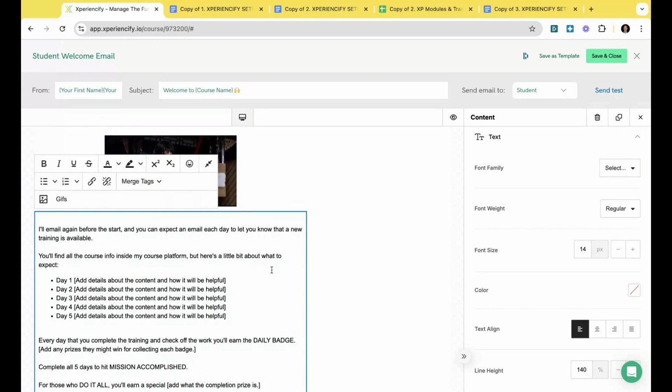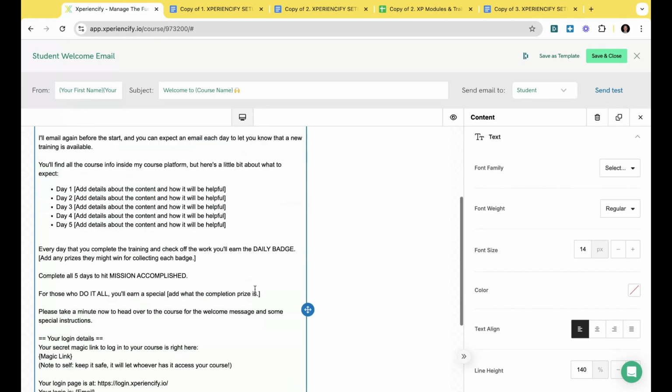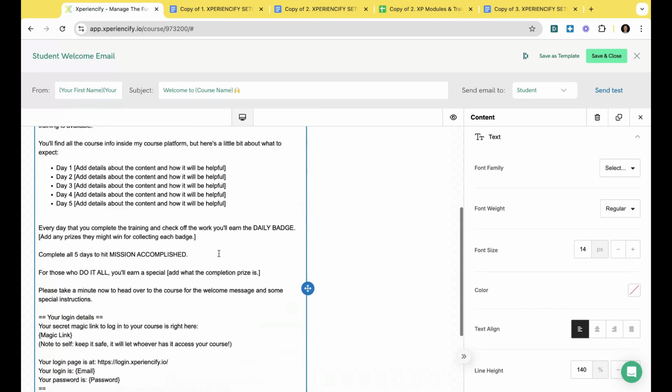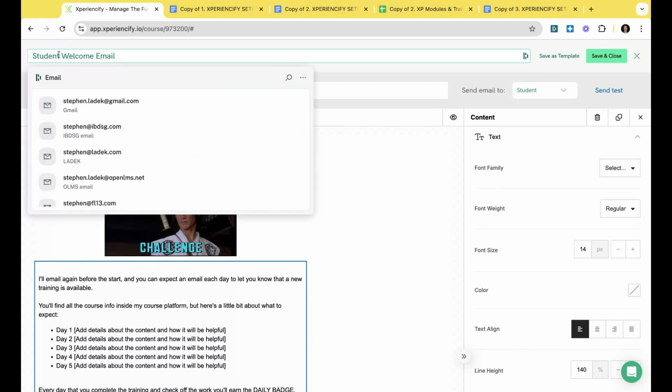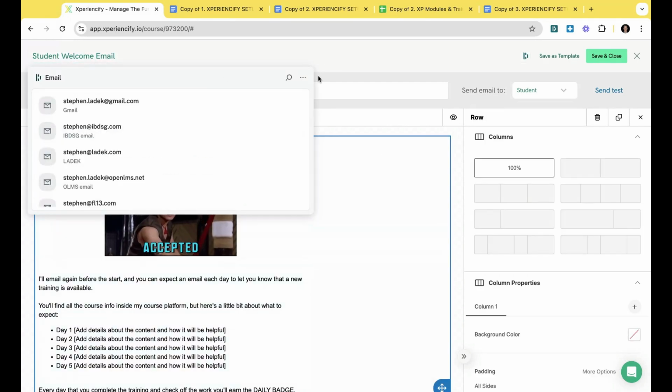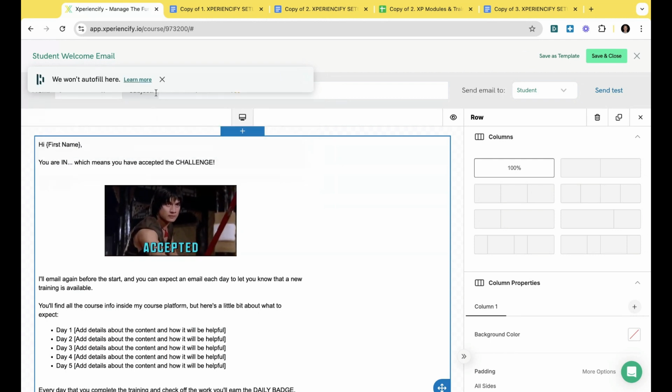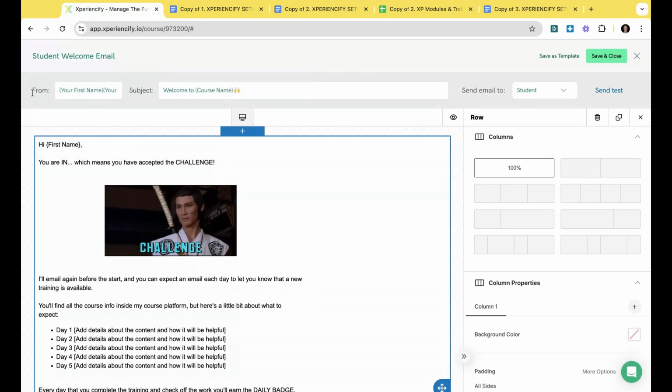It's a fairly standard editor to add links or descriptions. You can change the name of the email, who it's from, what the subject is, and who you send the email to.